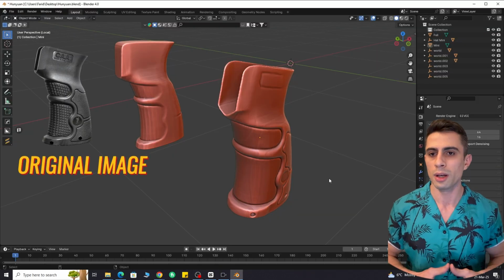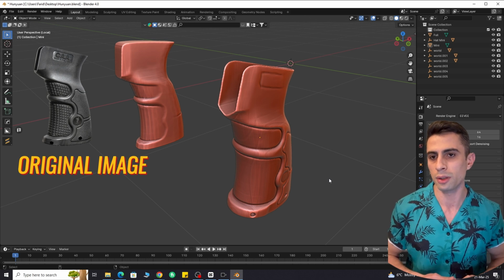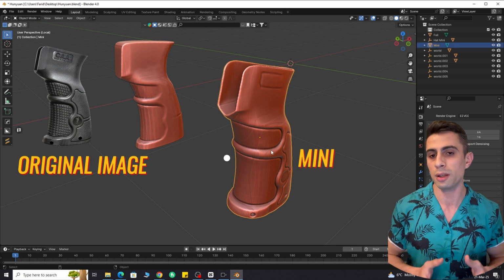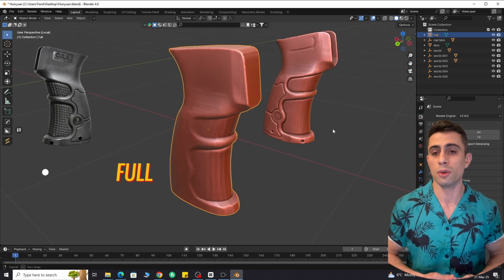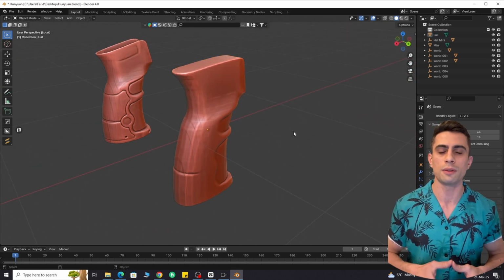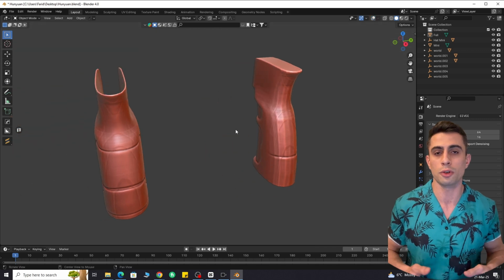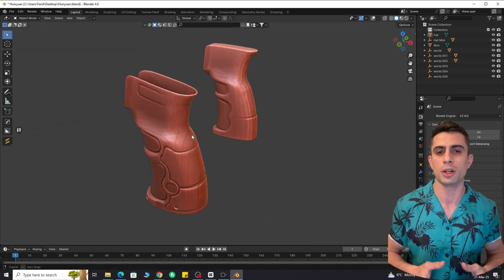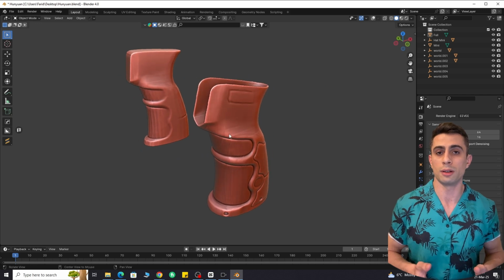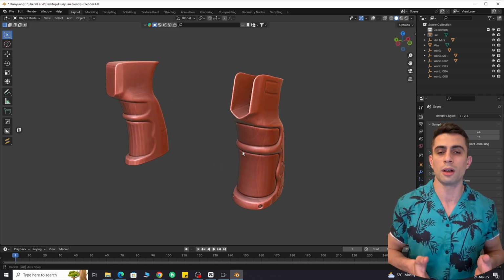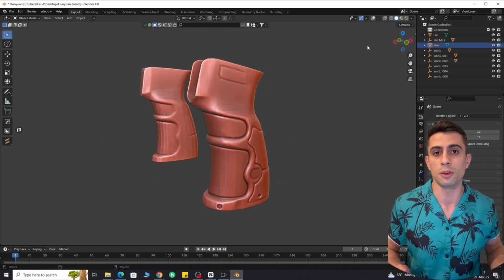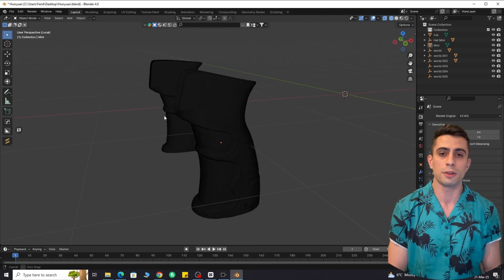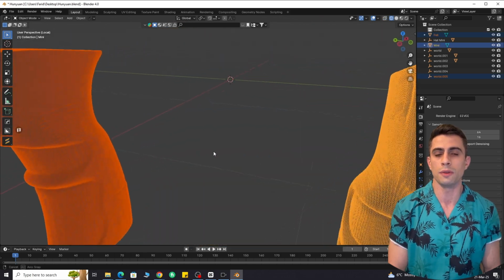Here is the comparison. I generated a rifle grip model in both versions using the exact same settings. This is what the mini version gave me, and this is what the full version gave me. I don't know why it's like that. The mini version feels more aggressive, I would say courageous. It's not afraid to add sharp details. The full version, on the other hand, feels like it's afraid to think out of the box. But these are just my experiences. I could be doing something wrong. Or maybe Tencent just fine-tuned the mini version because it's a newer release.